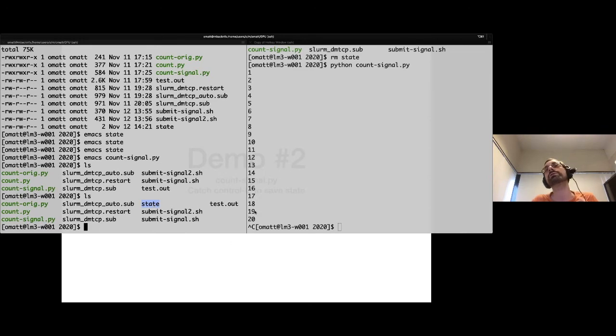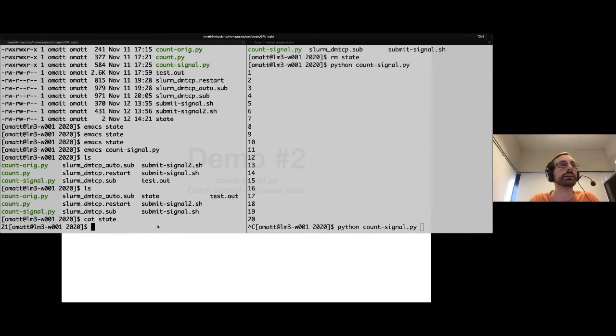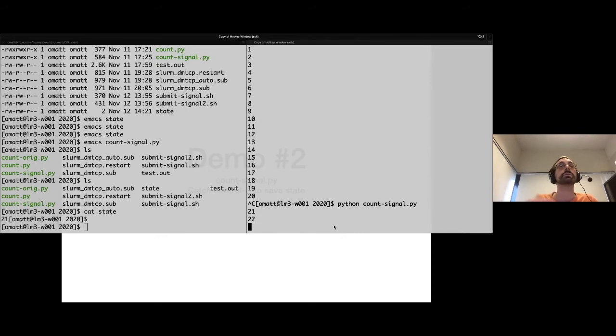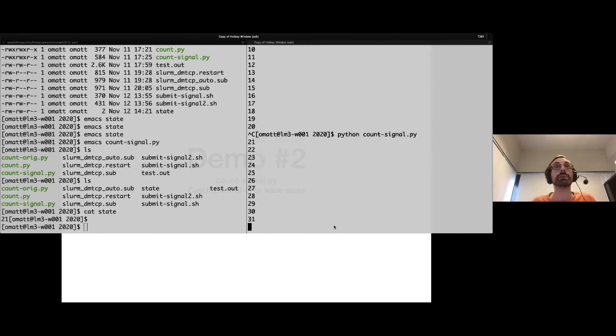You have, of course, a small lag of up to 1 second between the time you hit Control-C and the time your program actually quits. And now if I'm restarting, now that I have that file, I can look at the value. It should be 21, I guess. Yes. Now if I restart my program, you will see that I will restart from 21, obviously. So that's a much better way to do it, because I'm really saving my state only when needed, basically when my program is quitting. Of course, there is also a drawback. It means I don't know at each second what's going on, and you can potentially define more signals in order to be able to communicate.